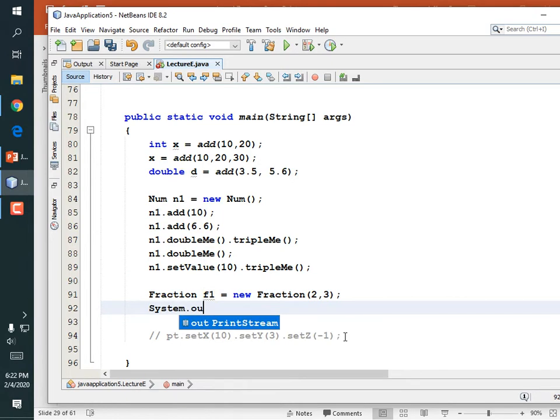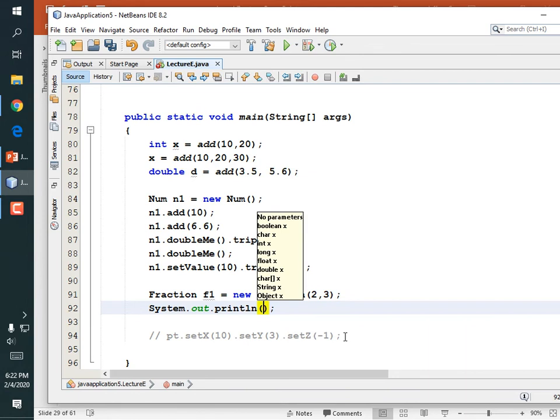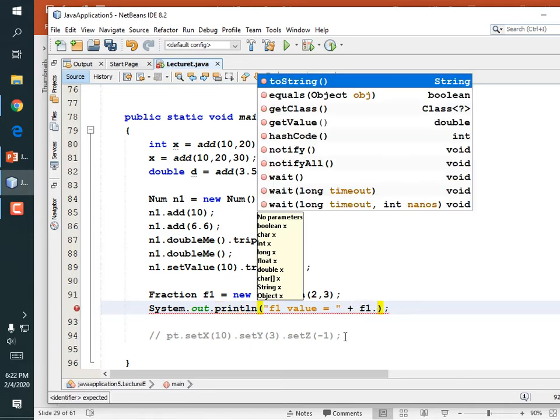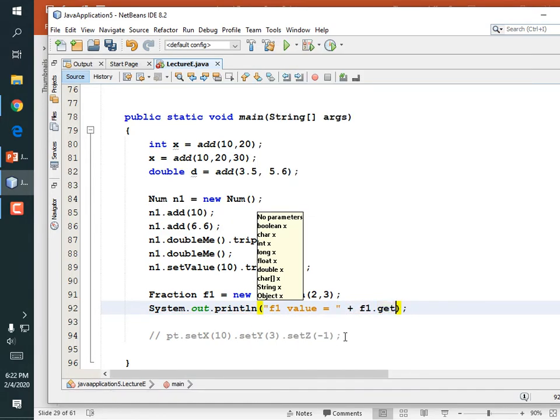System.out.println("f1 value = " + f1.getValue());